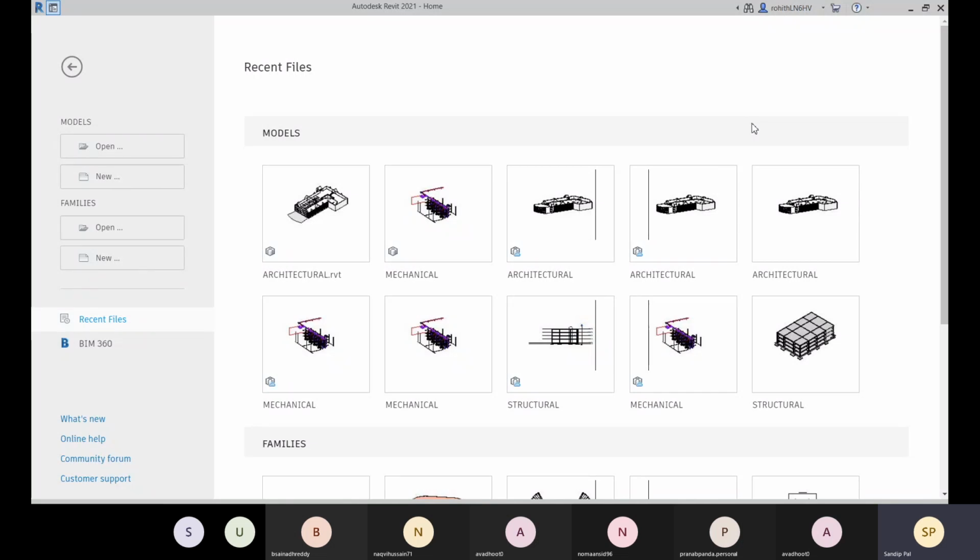These are the common part of your whole project. So this is all about Revit, and this software was released in 2003 initially.